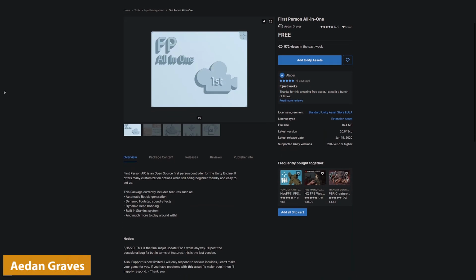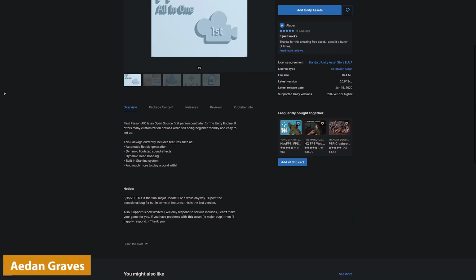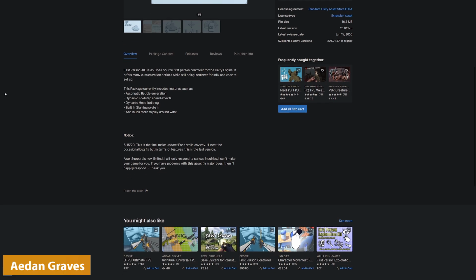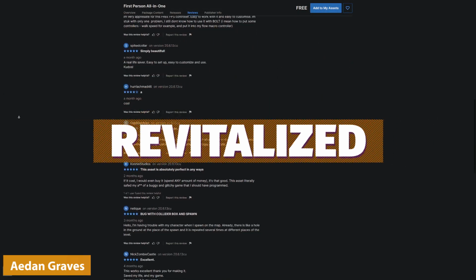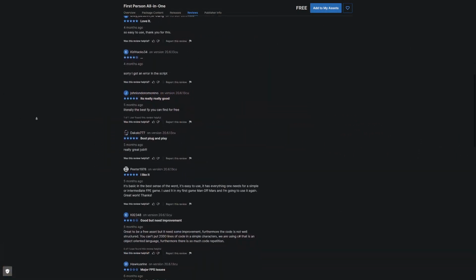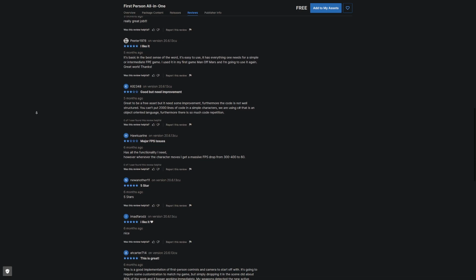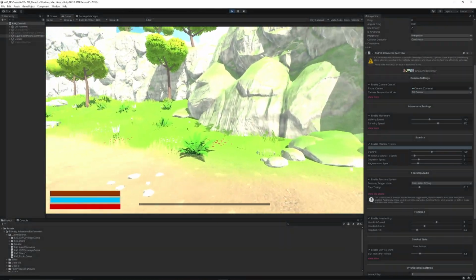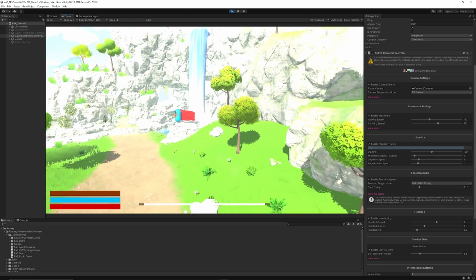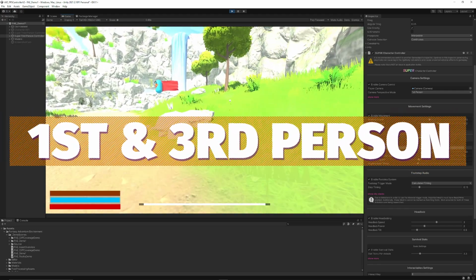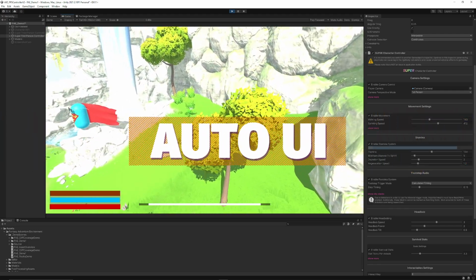So Aidan Graves on the Unity Asset Store has taken his first person all-in-one character controller and revitalized it, revamped it, version 2, everything from the ground up with all the feedback that he's been given over the past 3 years. And this character controller has support for first person, third person runtime switching, auto generation of UIs,